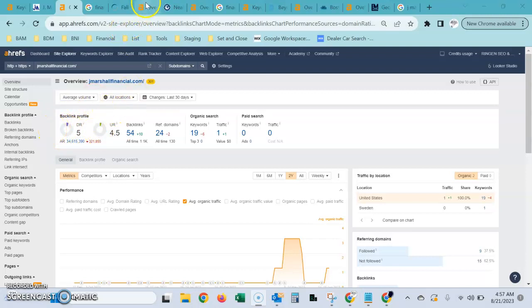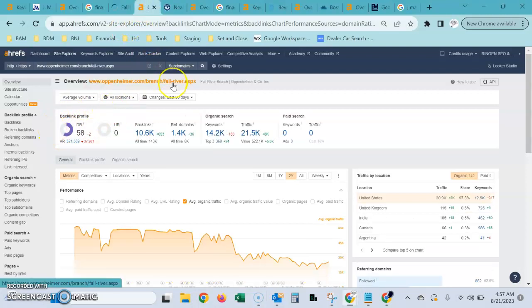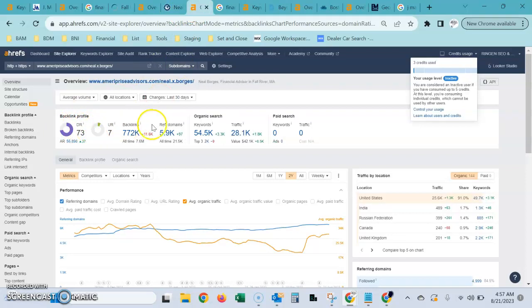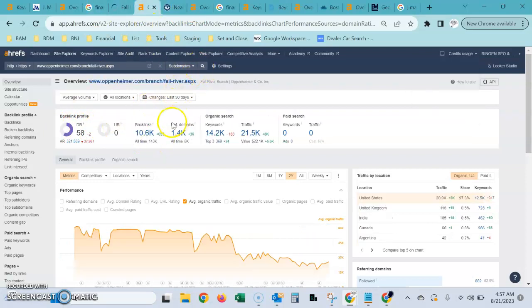Now, if we go take a look at the local competition, it seems like the first couple here in the Fall River area are just national companies that have a presence here in the Fall River area. So as you can see, they have a lot of authority. They have built thousands of links from thousands of websites, and their total authority, or domain rating, as it's called, is very high. Now, this would seem almost insurmountable, but what's happening here is these are basically just using the authority of their entire site and letting it spill over.